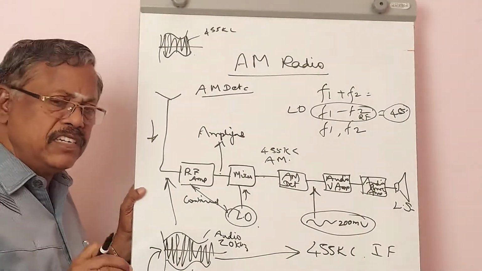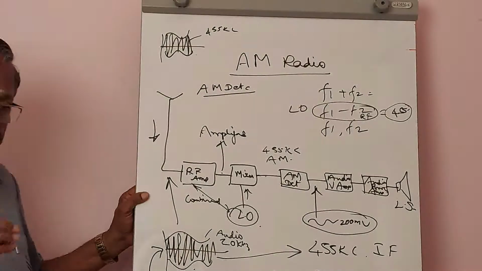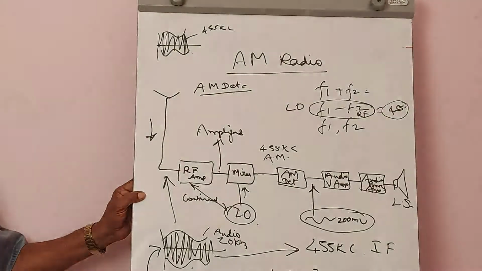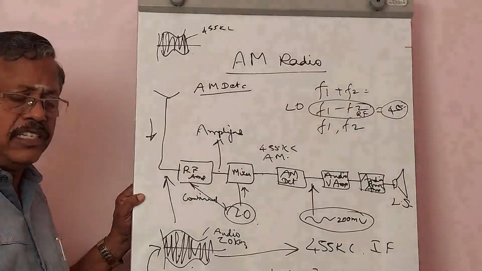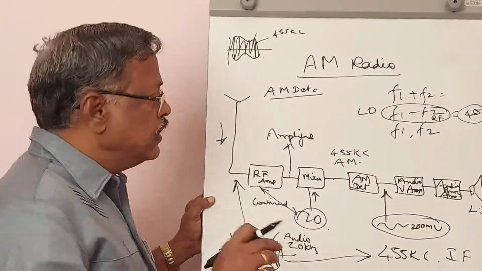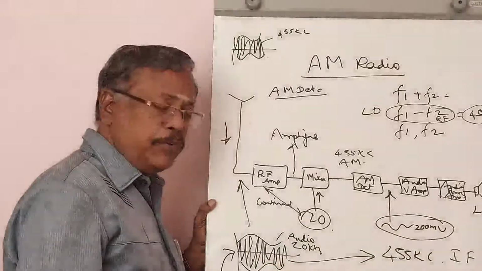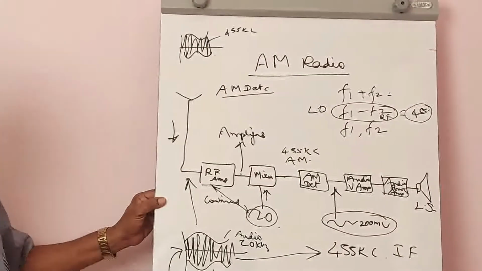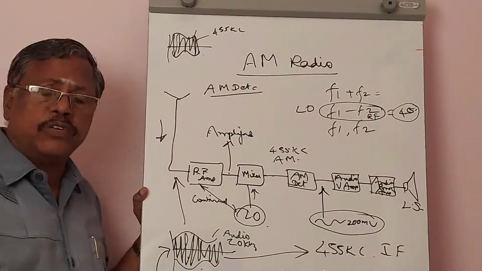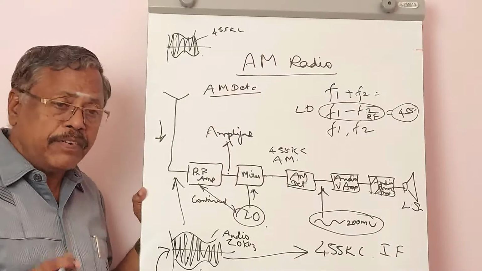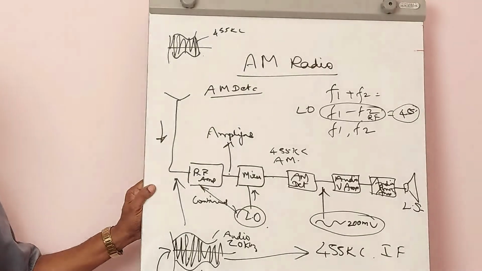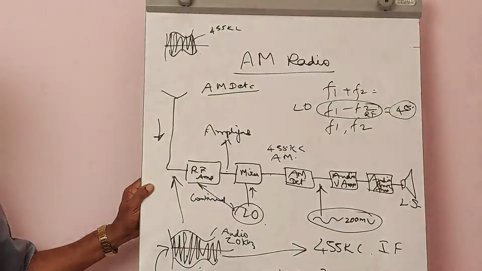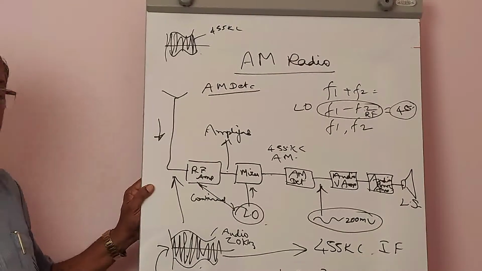The audio amplifier may be a single stage class A amplifier. A class A amplifier is one which produces the output for the entire 360 degrees of the input signal. So this audio amplifier will simply amplify the amplitude of the incoming audio voltage from the AM detector, and after giving sufficient amplification, that voltage will be driven to the audio power amplifier. The audio power amplifier will give the sufficient strength. The amplitude is not going to change, but sufficient strength will be given so that it will be able to drive a current through the voice coil, so that sound will be produced.